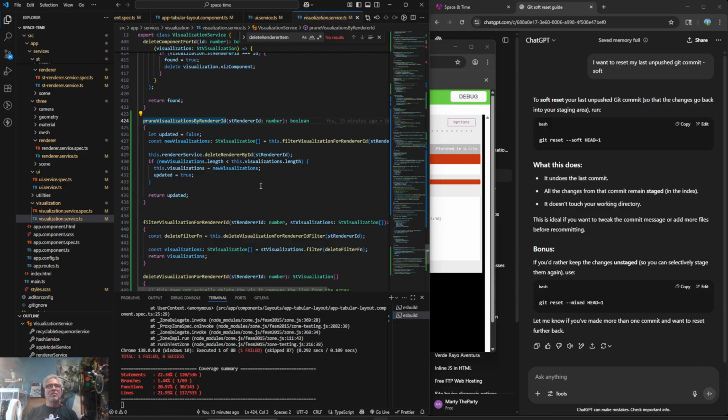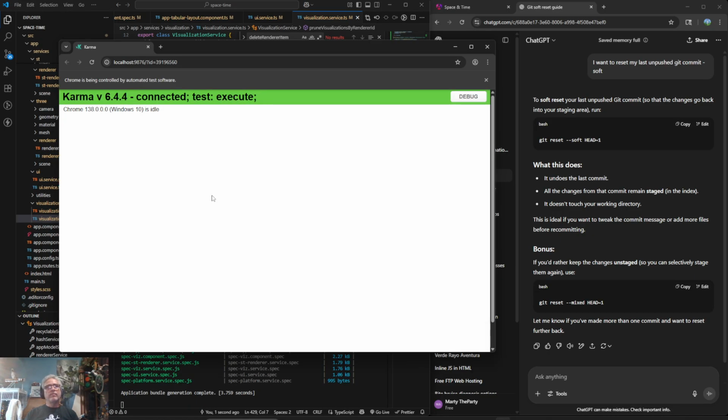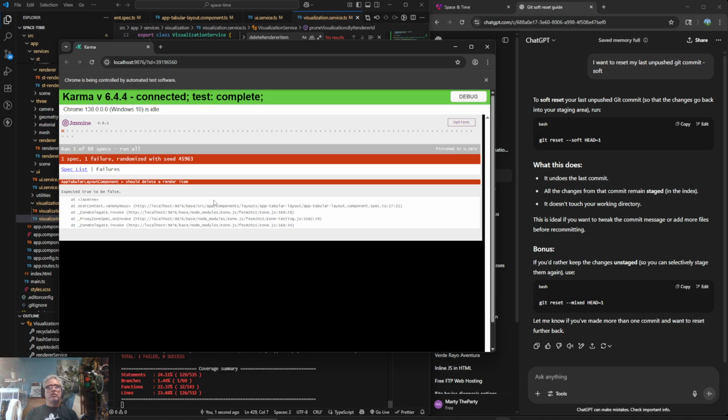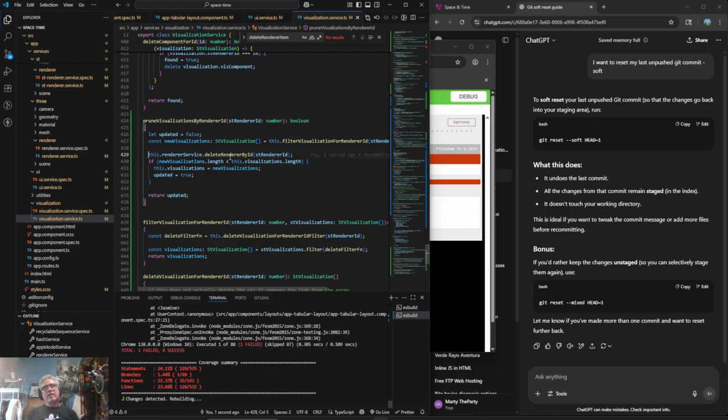Okay, so something in here is, and I'm guessing it's this guy right here. This renders delete renderer by ID. So true, we're back to true false, so that's a good thing. All right, so now let's dig down into,